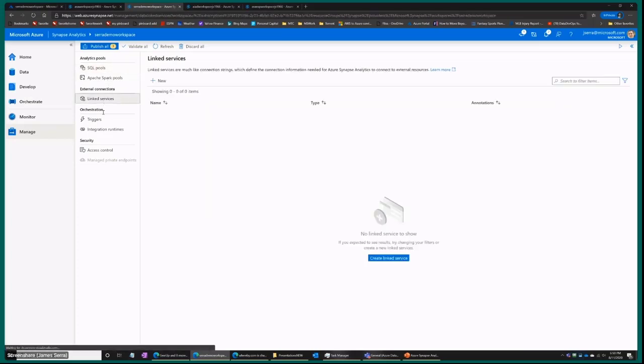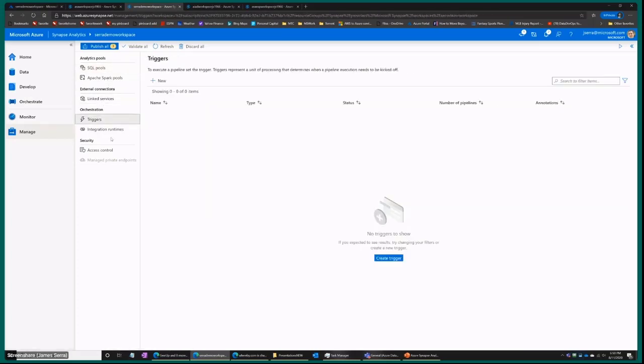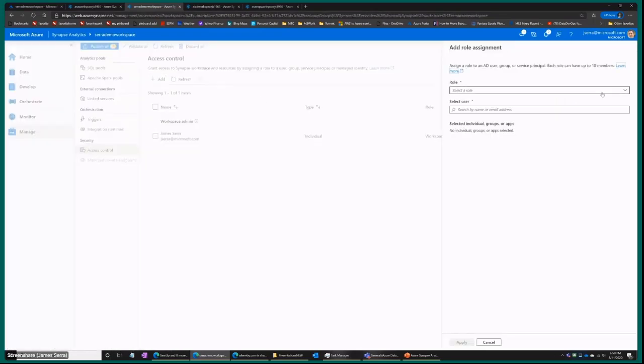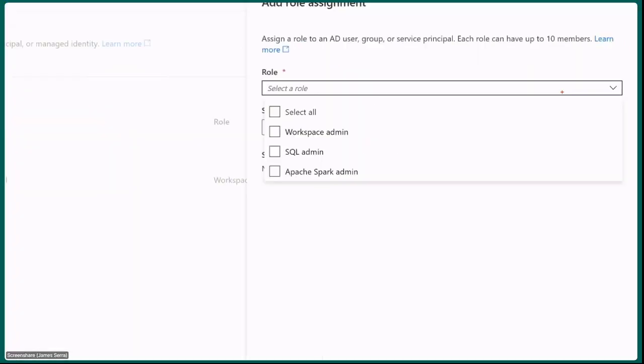And I have the linked services I showed. I also have the ability to create things that are used for Data Factory, and this is the integration runtimes and the triggers. And then access control gets into allowing me to set up who can access this workspace. Right now, we don't have a lot to it. We're adding more. But I can decide who can use the workspace, who can create SQL pools, and who can